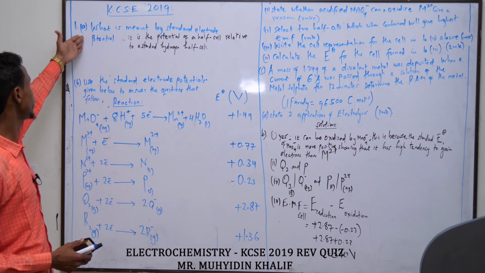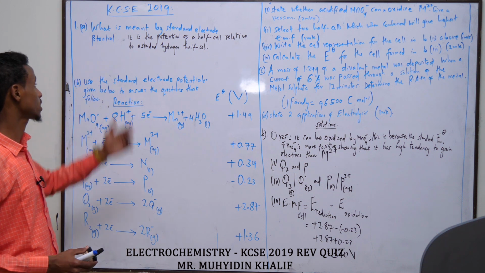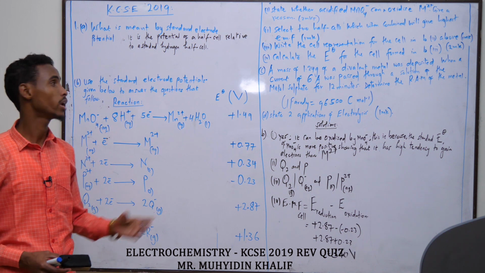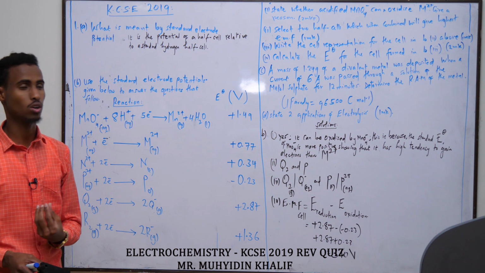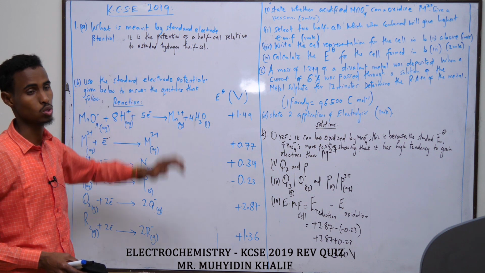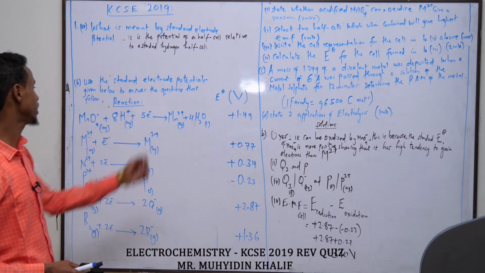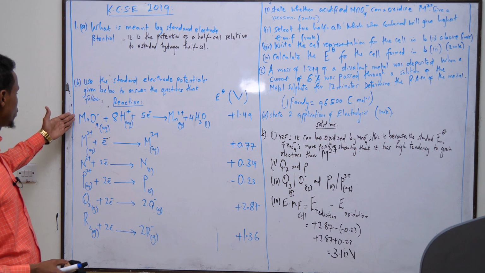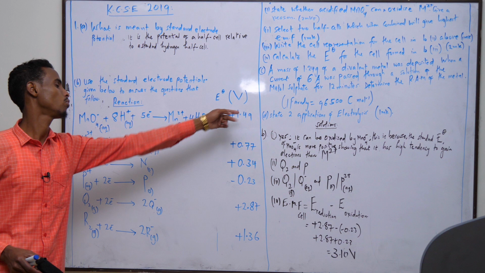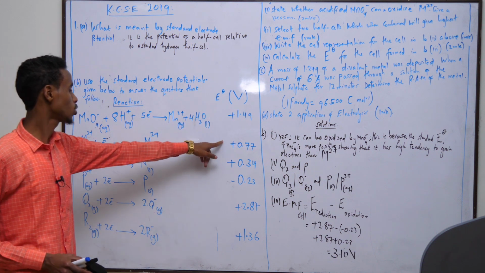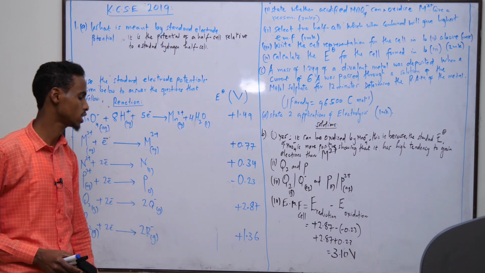The standard electrode potential is the potential of a half cell relative to a standard hydrogen half cell, where the standard hydrogen half cell is given an electromotive force, or rather the voltage, of 0.00. Now, we were given some electrode potentials and the EMF: 1.49, 0.77, 0.34, negative 0.23, positive 2.87, and